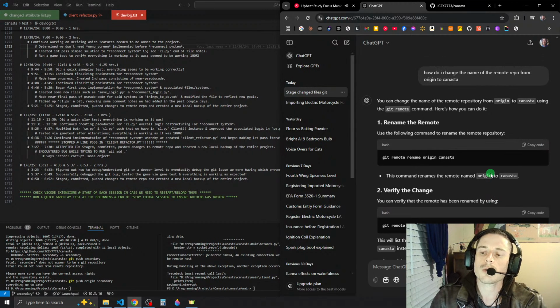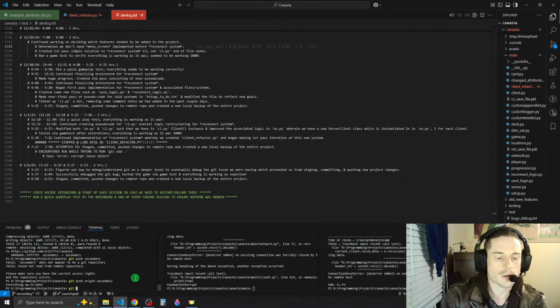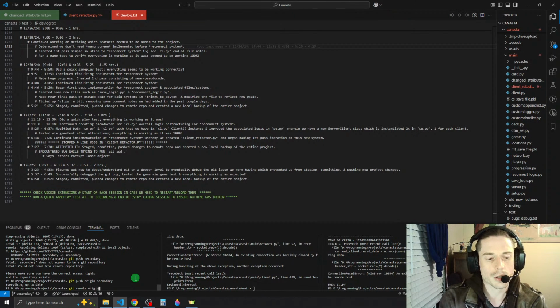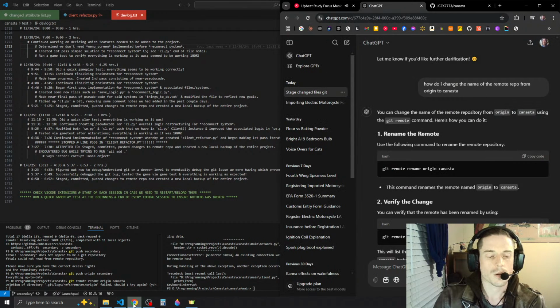You can change the name of the remote repository from origin to Canasta using the git remote command. So you say use the following command to rename the remote. So you say git remote rename origin Canasta. Git remote rename origin Canasta.